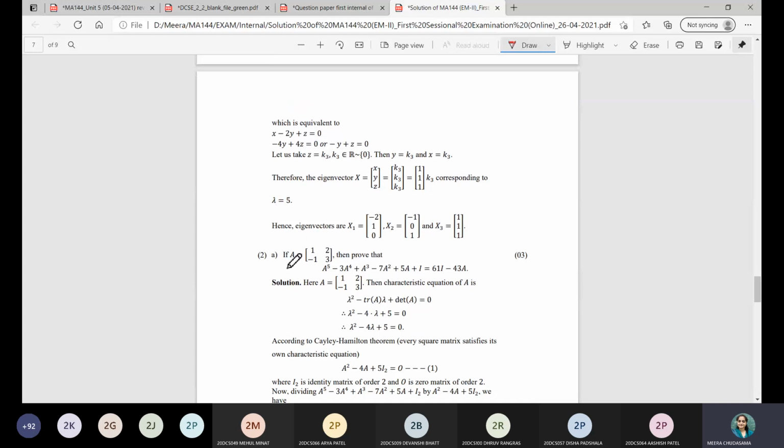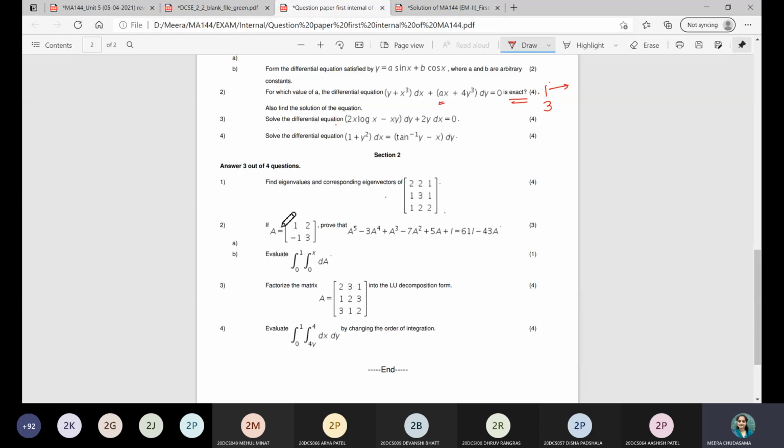Then here, if A is equal to this one, then prove this one. In the question, the Cayley-Hamilton theorem is nowhere mentioned, so you can use it. Otherwise, some students have evaluated A raised to 5 and simplified the LHS and RHS. I have given them marks, though I have not checked your branch paper, I have checked another branch paper, because in this question it is nowhere mentioned to use the Cayley-Hamilton theorem. It is just written A is equal to this one, then prove this one, right? So that is one clarification from my side.